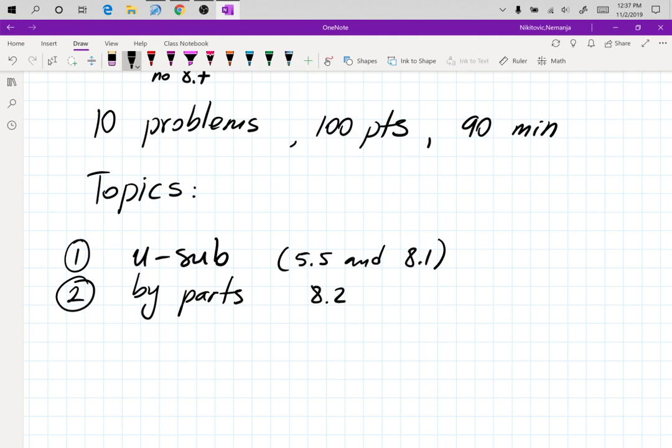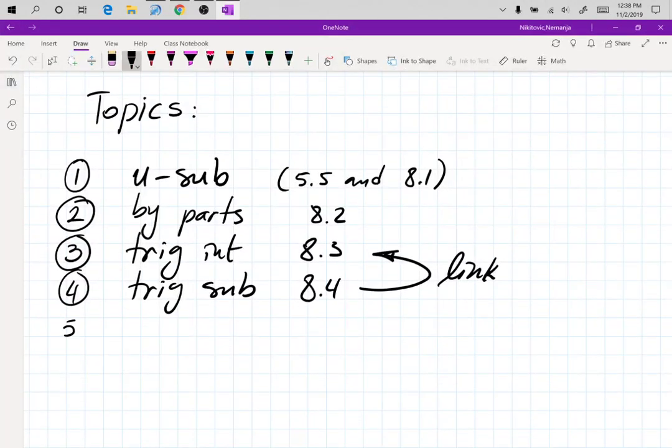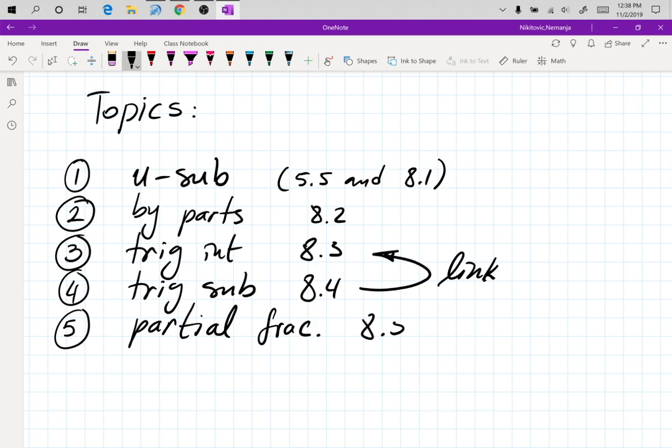All right, so we have number 2, integration by parts, which is in 8.2. Number 3, trig integrals, 8.3. Number 4, trig sub, 8.4, and I'll put it like this and say link, right? Because that's together. Number 5, partial fraction, then 8.8, so number 6 is